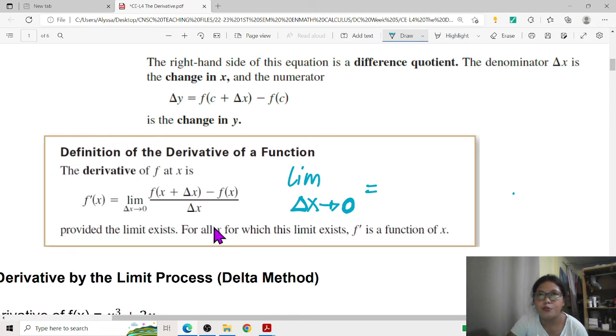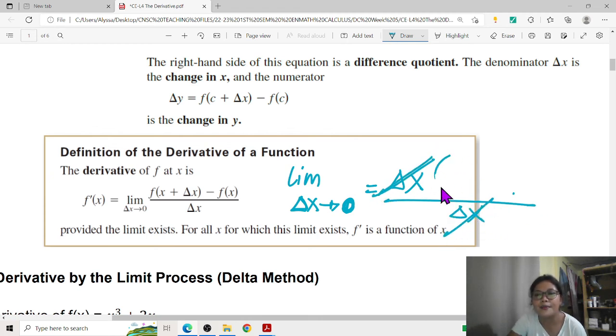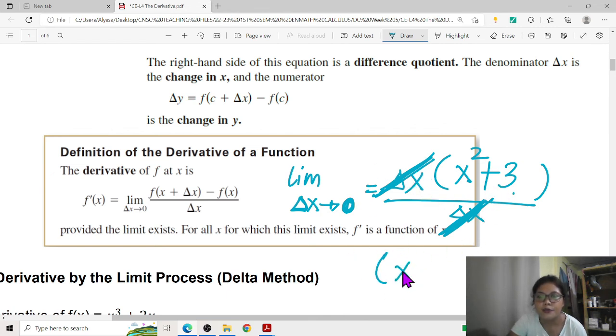Ang diskarte lang dito, parang limit, kailangan mo maka-cancel out ng factor of delta x both sa numerator saka sa denominator versus yung natitira mo dito. Say for example, x plus 3 plus or x squared plus 3, mga ganun bagay. So, ika-cancel out mo itong delta x dito sa magkabila para substitute mo na lang siya sa x squared plus 3 plus, say for example, may delta x ka. So, any number na may delta x is 0 kasi sa limits yan. And that is how you get the